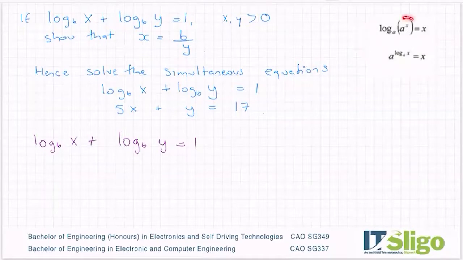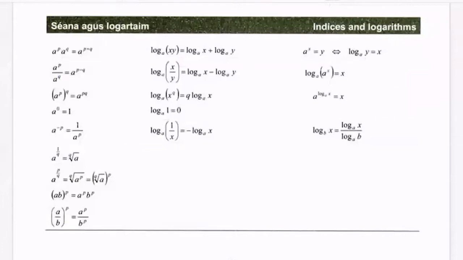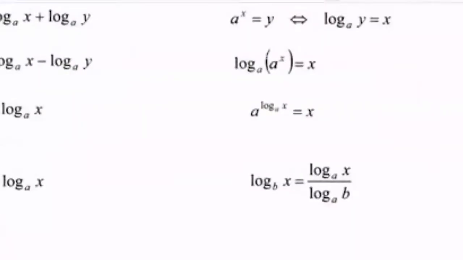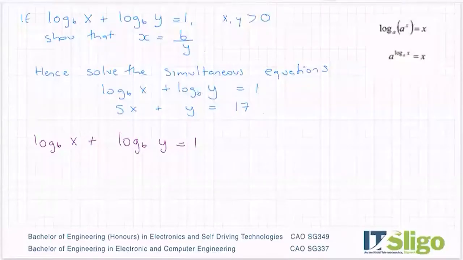You can either have a power and then get the log of it, or you can have a log like we have and raise it to the power. Okay, so what's the key? You match the base number. So that base number there is A. If I go back to the log tables, it might be easier to see. So you match the base number. Okay, so what does that look like here? Well, my base number is 6 all the way across. So that means that I will raise everything